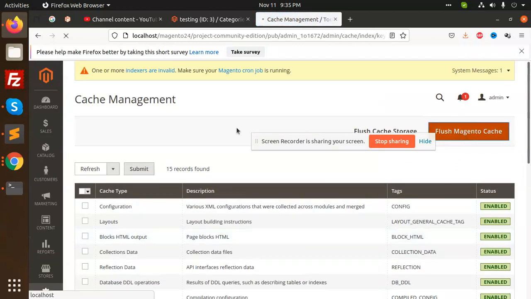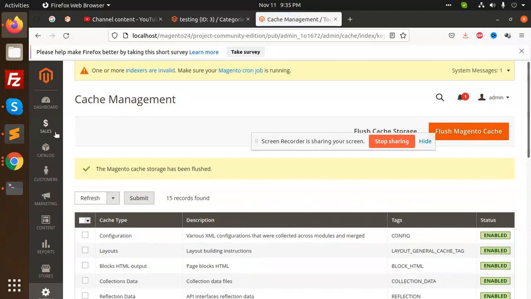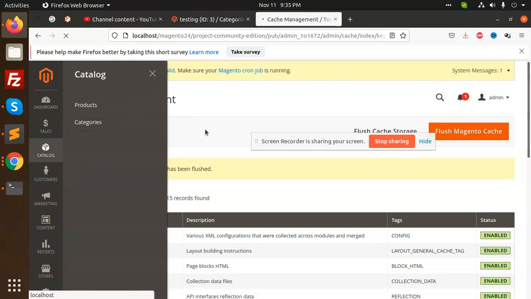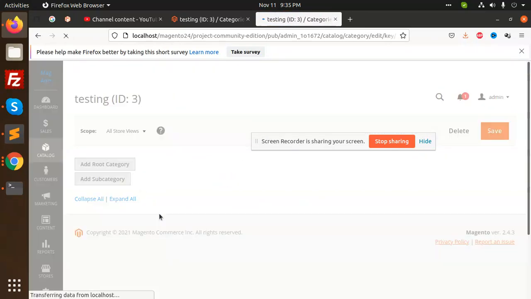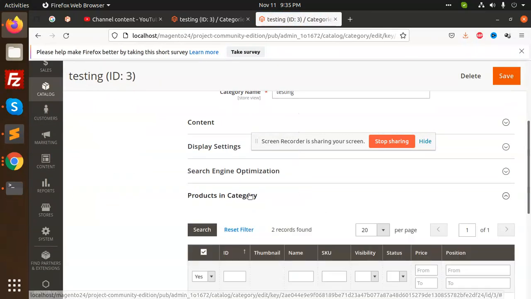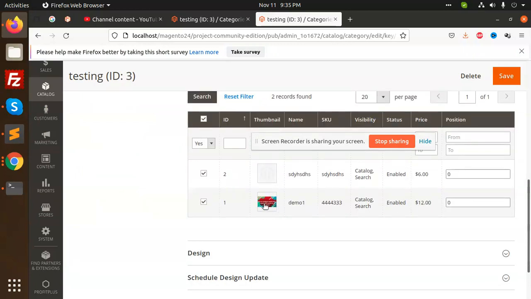Cache flush. Okay, catalog, categories. See, the image is coming. So this is how we can add a product thumbnail in the category pages. Okay, so let's see how we can build this extension.